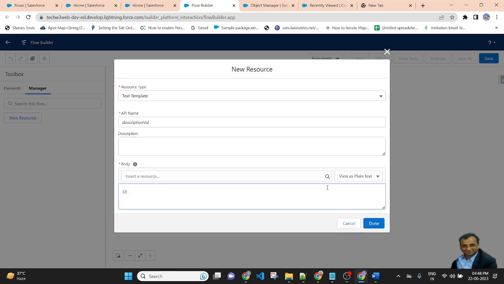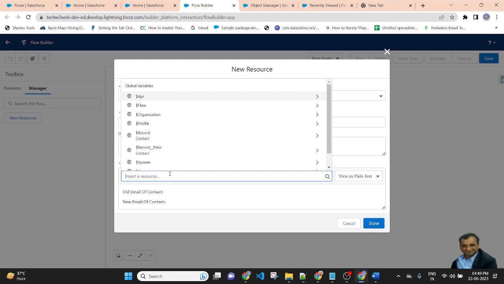This is the old email of contact and new email of contact. Here we will display the value of the email of contact. So here will be displayed the old value of the contact and here will be displayed the new value of the contact.